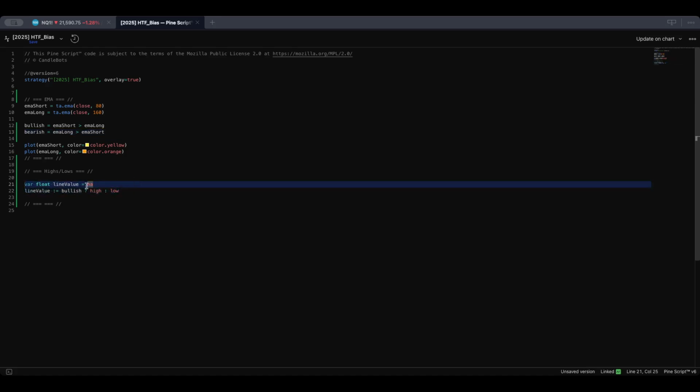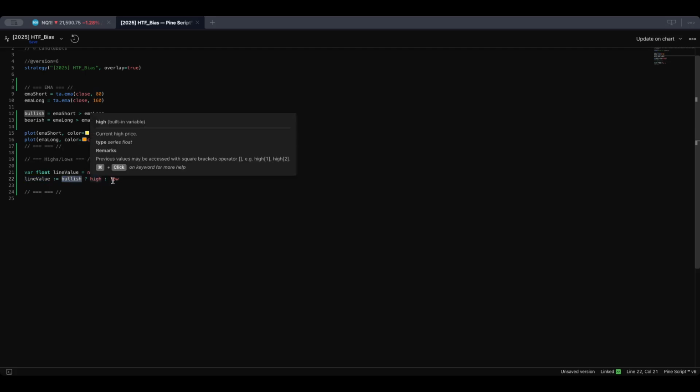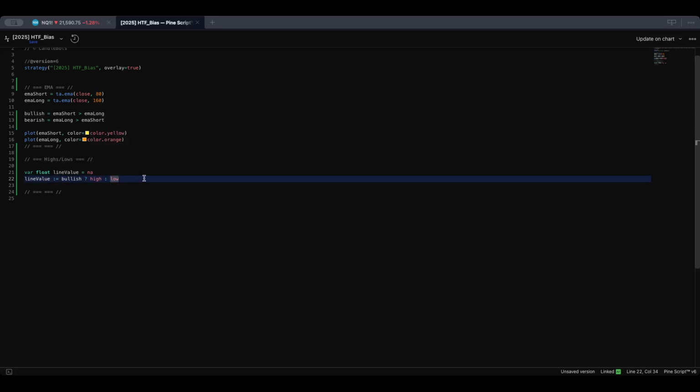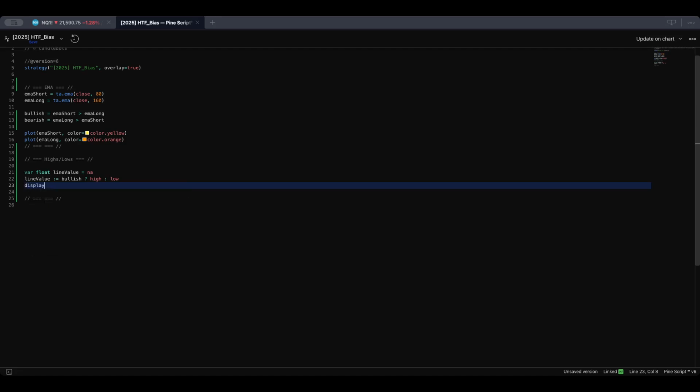Now we have our line that we're going to create. If we're bullish, we want this line to be equal to the high of the candle. If we're bearish, we want it to be equal to the low of the candle. So this is just a quick one-line way of saying if we're bullish, if this is true, we're going to set it to the high. If this is false and we're bearish, then we're going to set it to the low. So now we're going to do the same thing with the color just to make it look pretty. Display